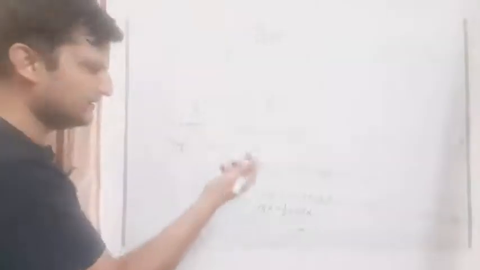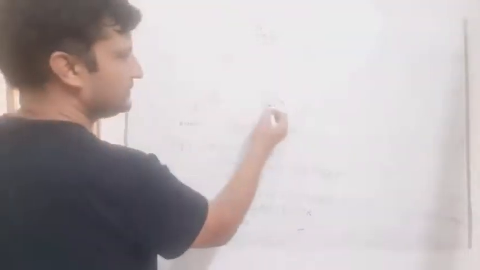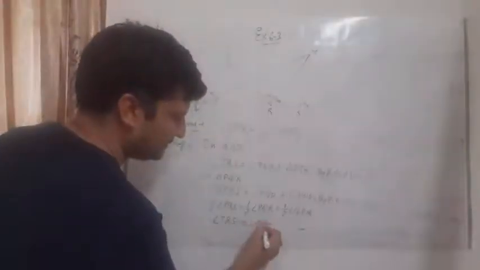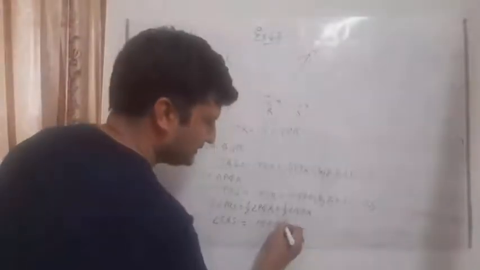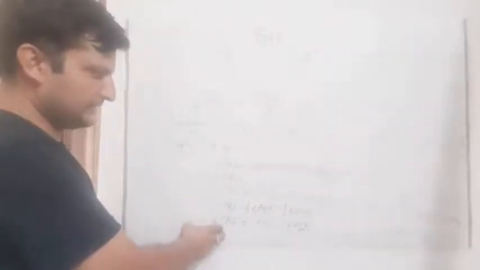So I will write angle TRS because TRS will be there, so it will be cut. So we can say that angle TRS is equal to half of PQR. तो स्टूडेंट्स मैं क्या लिख सकता हूँ, PQR. अगर मैं इसका हाफ काटूँ तो इसको मैं लिख सकता हूँ एंगल PQR, हाफ ऑफ QPR. स्टूडेंट देखिए हमें कुछ भी पता नहीं है, तो I will not change it. Half of angle QPR will be same. Now students, here it is angle TRS is equal to angle TQR plus half of QPR.